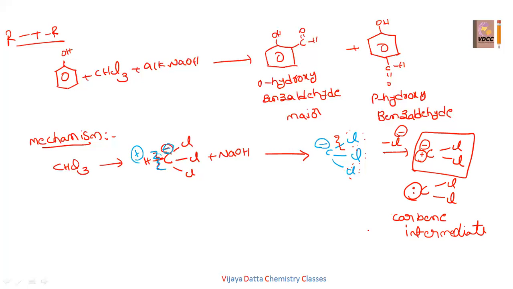So they can ask the question in the RTR, which is the intermediate. Carbene is the intermediate. Carbene is nothing but carbon having one lone pair and two bonds, and its hybridization will be sp2, and the geometry will be trigonal planar, like we can consider. So now this carbene intermediate will participate in the reaction mechanism.